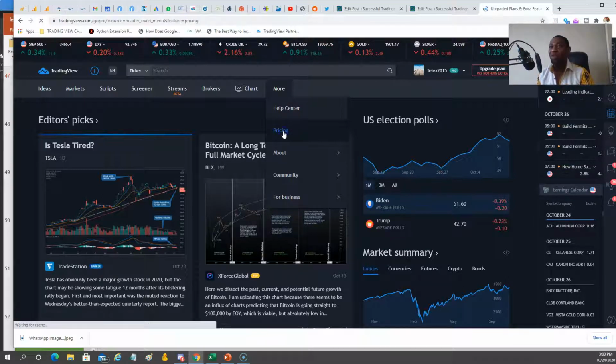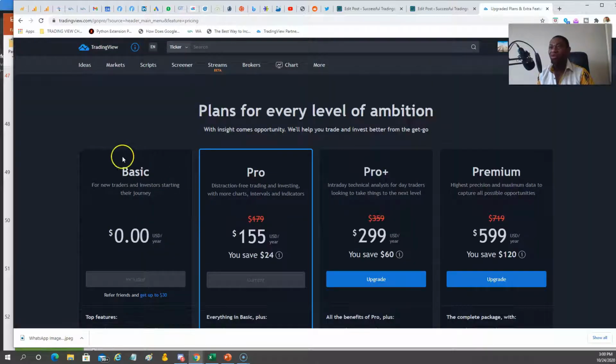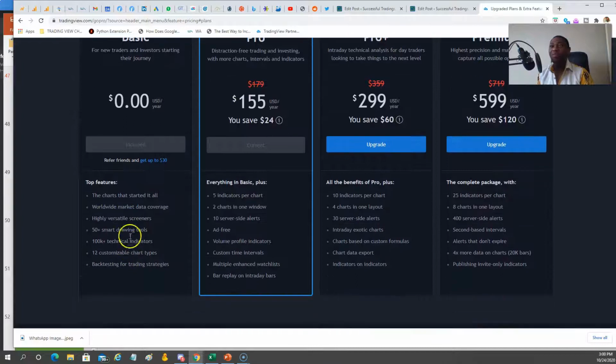So the pricing on here, can it come up? So you have the basic, which is free, $0 per year, right? So what comes in that basic are all of these features. You can chart from whenever the stock started, you can access worldwide markets, a versatile screener. They have a screener, more on that later. I think technical indicators, and the only